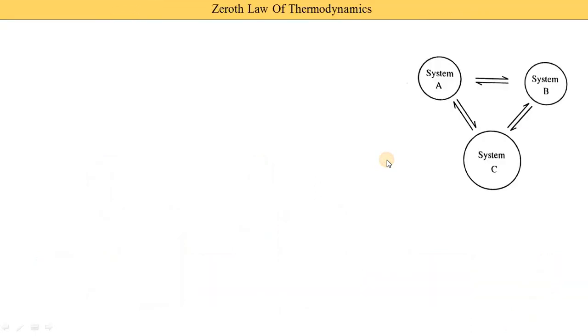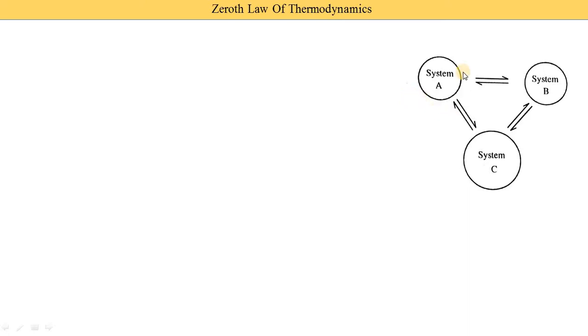Thermal equilibrium means that when the temperature is the same in a system, in an entire system at all points, the temperatures are the same, it is called thermal equilibrium. Or in two systems, if the temperatures are the same, then we also say that the systems are in thermal equilibrium with each other.